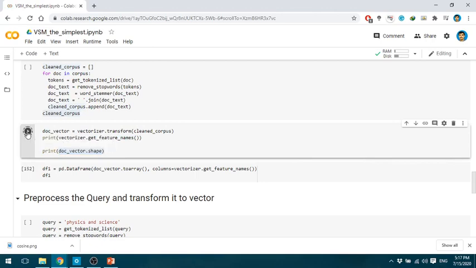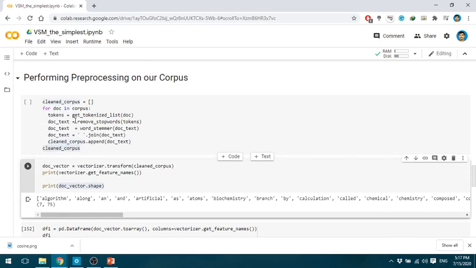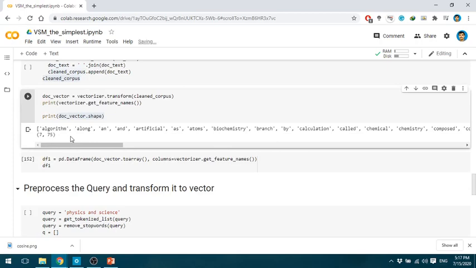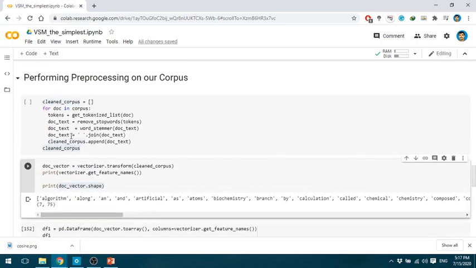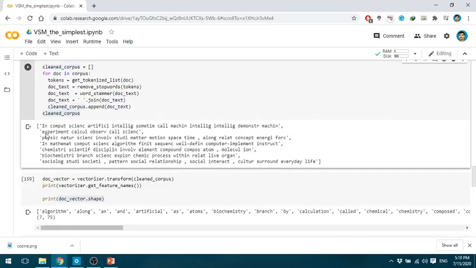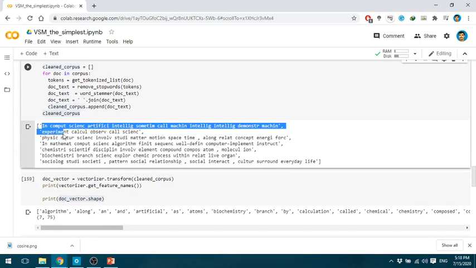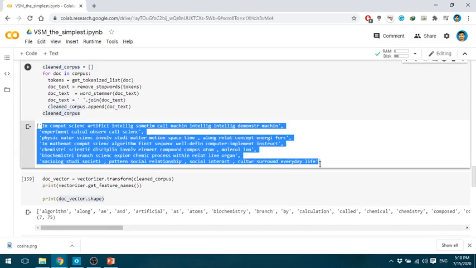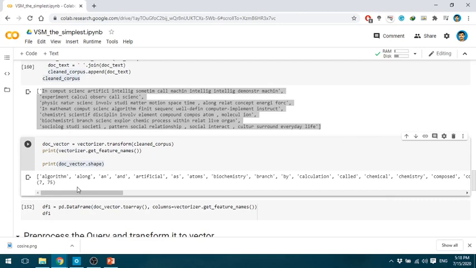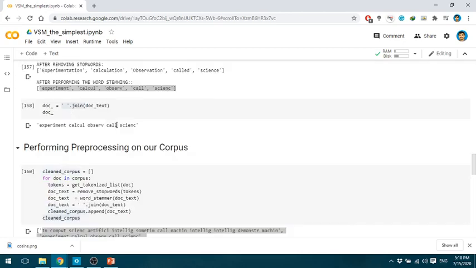So let's run this set of code. Let's run this one first of all, then we have this corpus. Now you can see that we have this cleaned corpus, and now we will transform it with the vectorizer. You can see that it has not reduced the vocabulary, because we might not